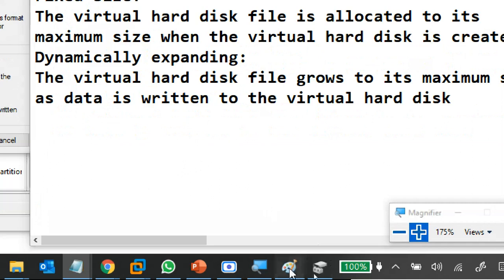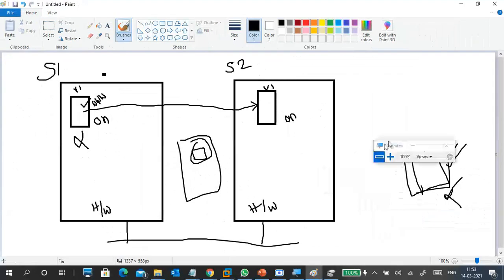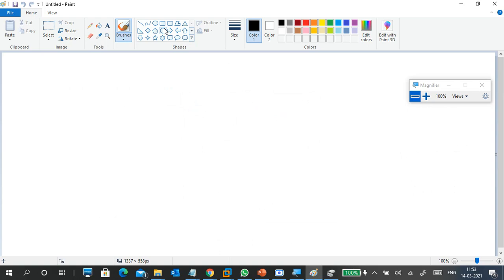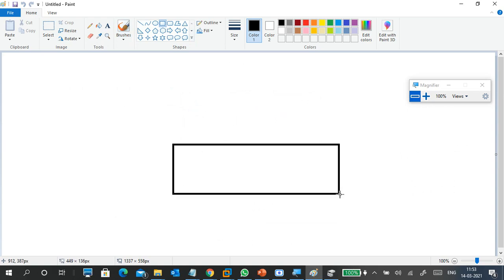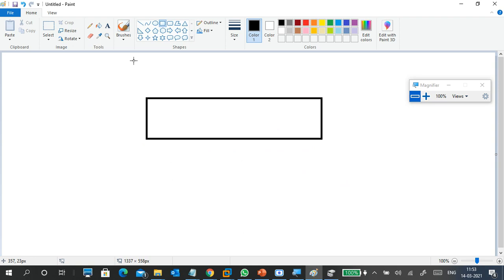So I will show you here. Minimize, go to new. What is a fixed hard disk and virtual hard disk? For example, this is my physical hard disk.